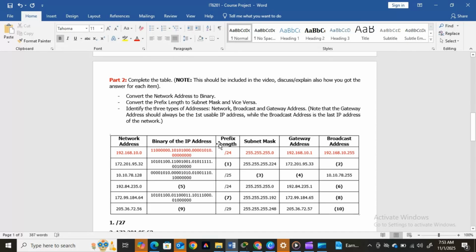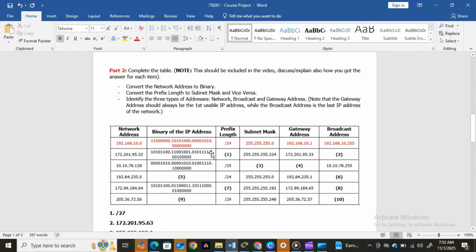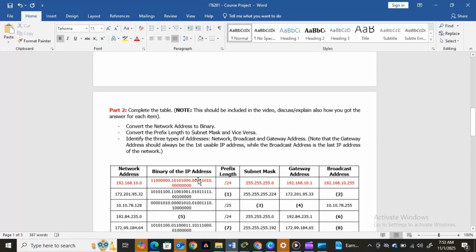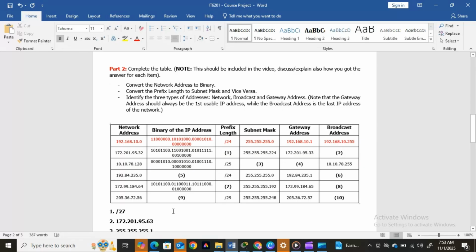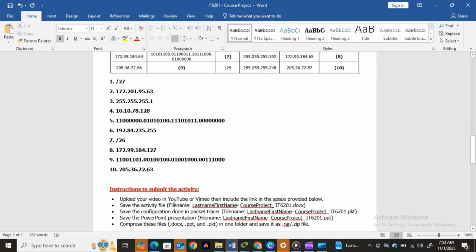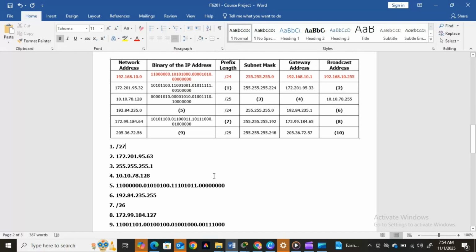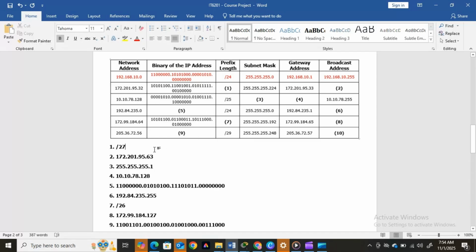So, good morning, everyone. I'm going to answer this table, and I'm going to explain how I came up with these answers. First, let's start with number 1. To be able to get the prefix length, we have to get the subnet mask